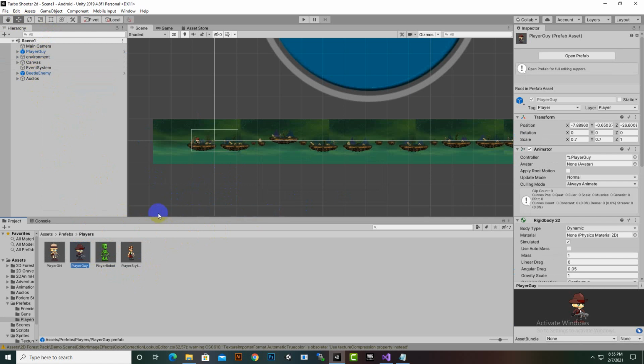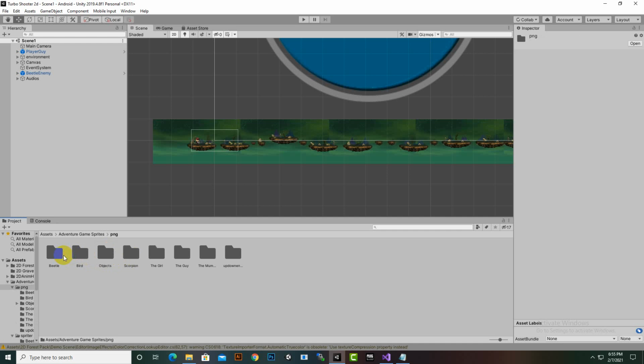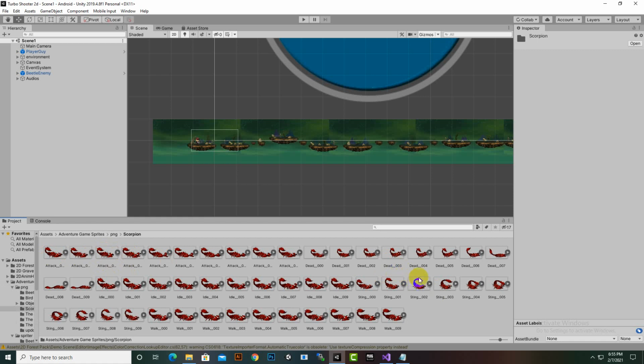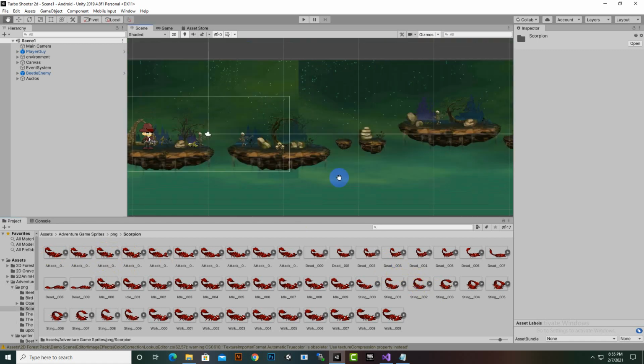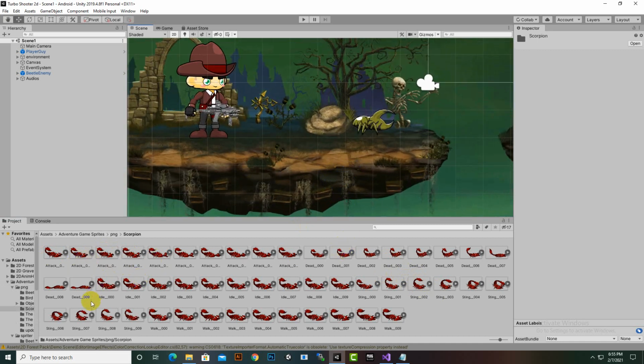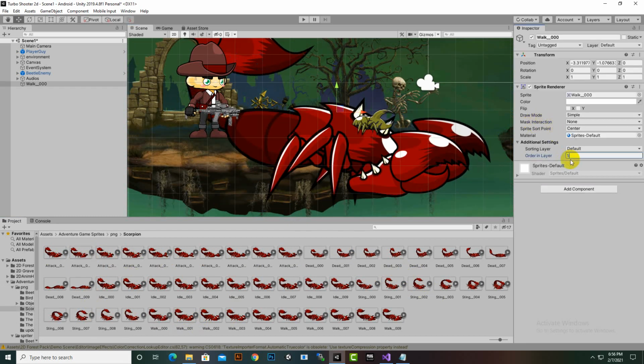Okay, so now for enemies we already have some more enemies as well, like Beetle and Scorpion. So for the Scorpion we can use the same process. So I will just add the Scorpion here. So for Walk, I think, Walk Scorpion, and we will make its layer to 5, and also we will make its size to